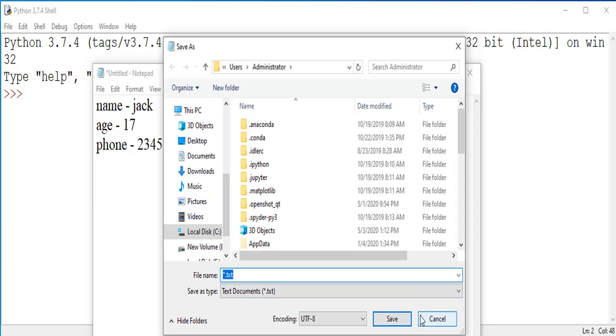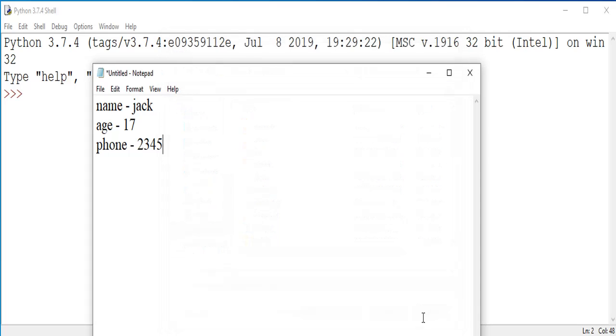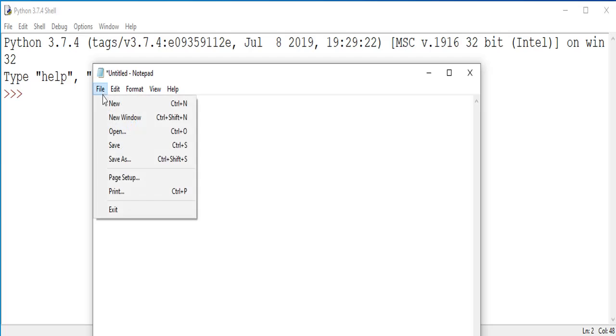Now suppose the file has some values being separated by commas, for example name comma age, Jack comma 19, say one more we add, and now I save this file.